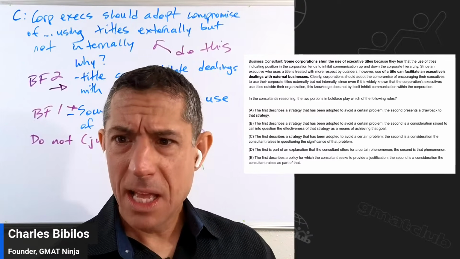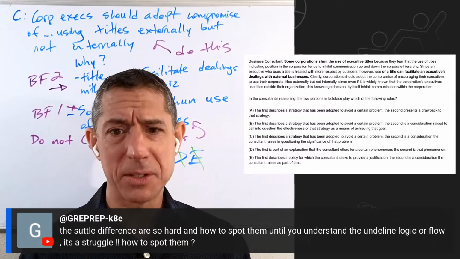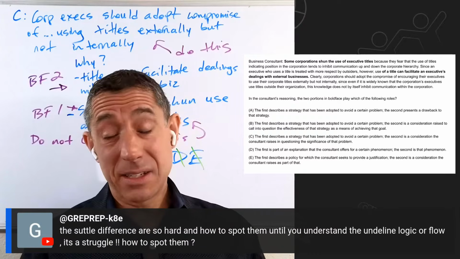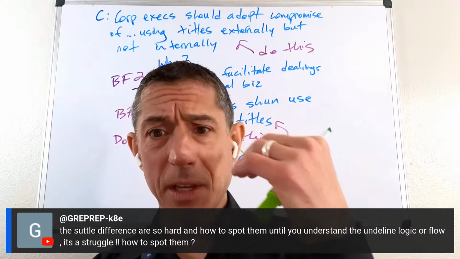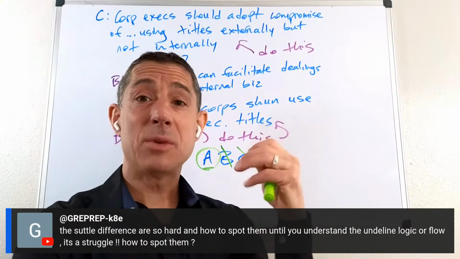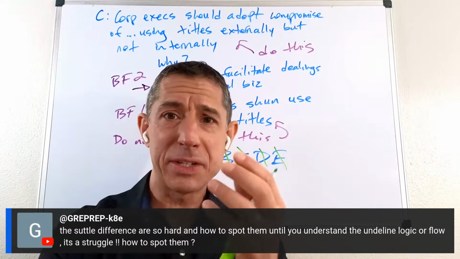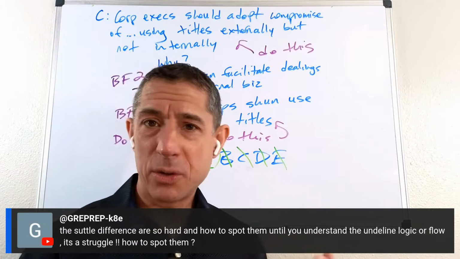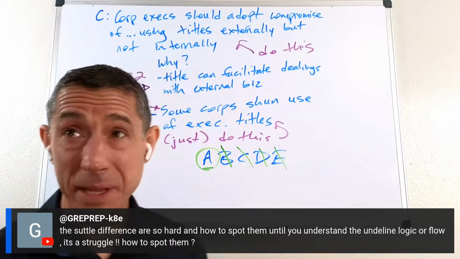Okay. Yeah, this is a good question. Differences are so hard, how to spot them until you understand the underlying logic of the struggle. Yeah, it's a really good question, because so many people deal with exactly this, where it's nice to be like, hey, I'm watching Charles's videos, and he's kind of breaking down all the subtleties of the argument and all the intricacies and kind of showing how they're important, and great. And then you try to do it on your own. It's really hard to see them sometimes. Some of this is just practice. I'll be honest in saying,